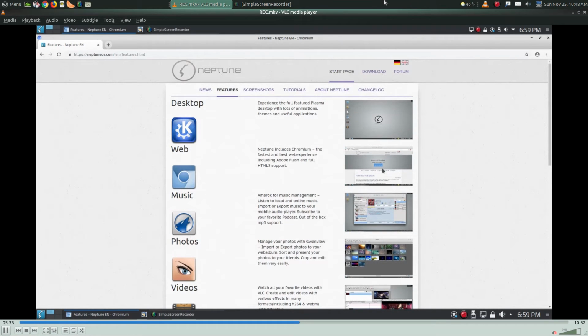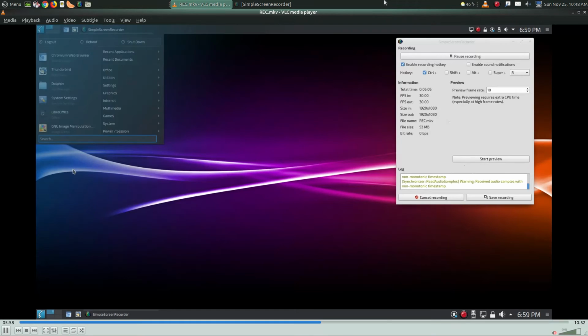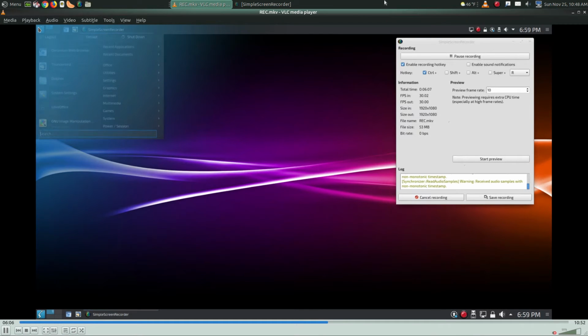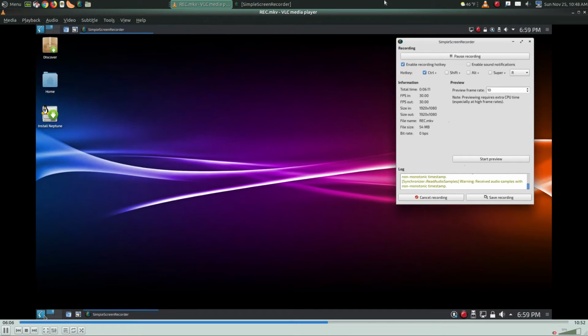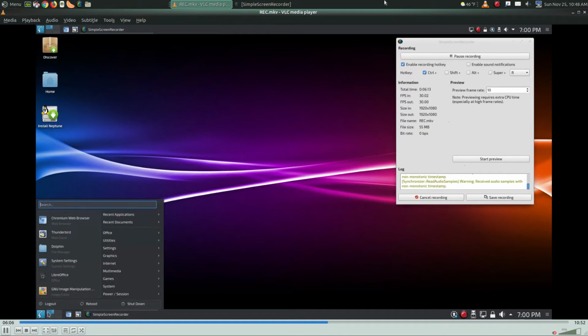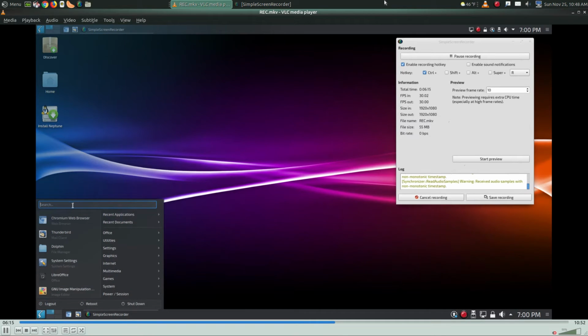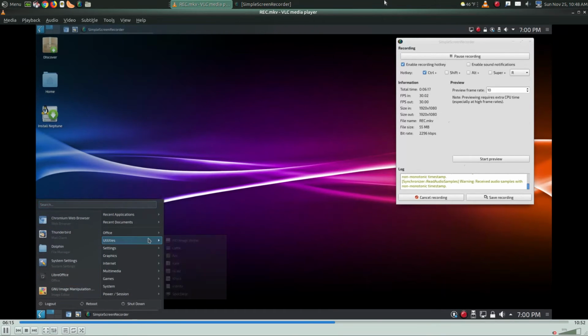It should be just about everything you would need to get started with Neptune OS. Alright, so we have that. I don't know what's up with the Plasma desktop, and it's all whitewashed or white out there on the top left. So we'll just use the bottom left here, getting to the applications. We have a search bar, very nice. Some favorites on the left, and again, all the applications you would need to get started